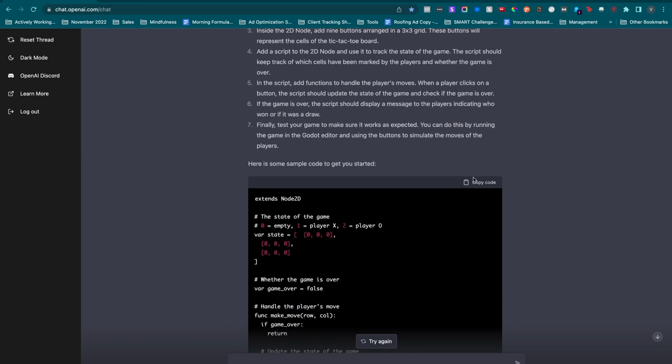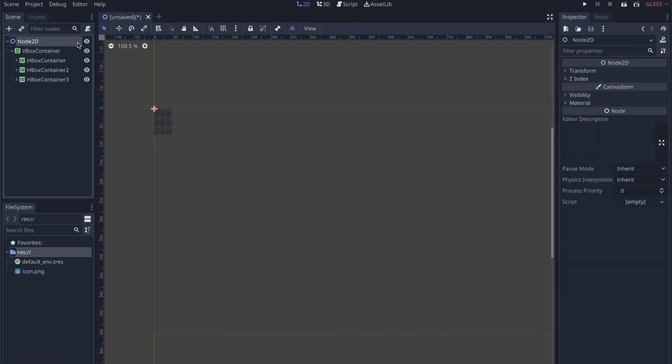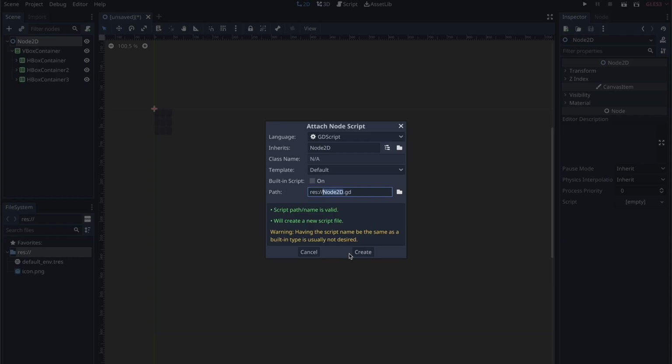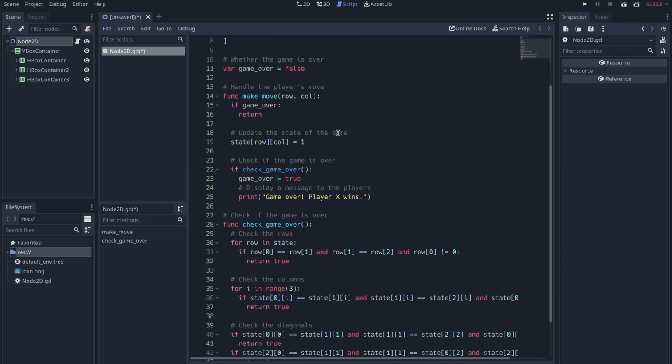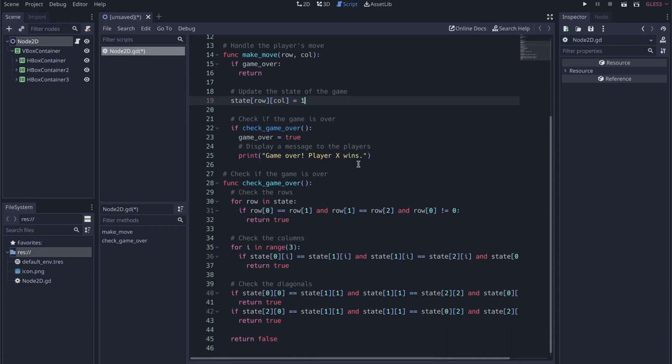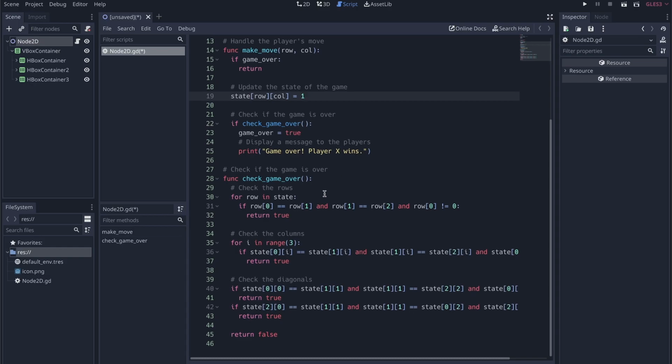Cool, so I'm just gonna create a script and I'm gonna copy this code actually. So we're gonna attach it to the node 2D, create, boom. Okay, so the state of the game. Yep, so we got that. 1 equals player X. Oh, 2 is player O, awesome. False, func, make move. Update the state of the game. Check if the game is over. Okay, let's see what check game over does. Check the rows. For row,